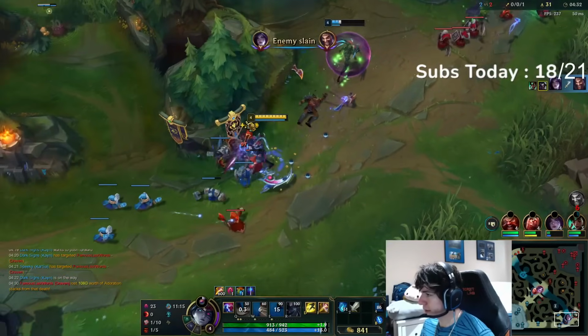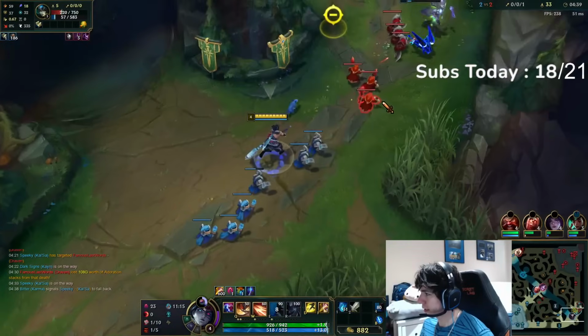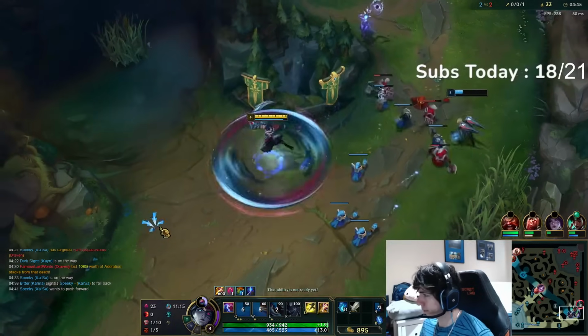Is the barrier meta fun? I'll shove in this, and then we want to shove this next wave in as well. I don't want to take this wave. Even though I didn't get the kill, I want to help her take the wave, that way they're not dying. So I'm going to use my W, use my autos, shove the wave in, and then we're going to do